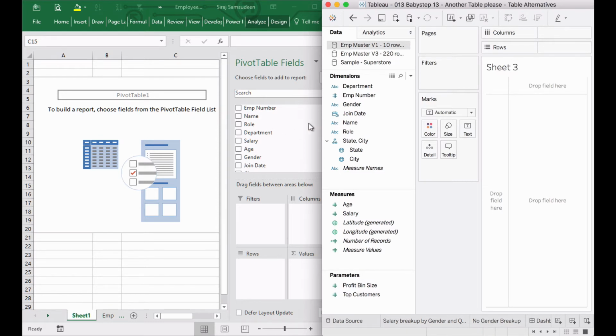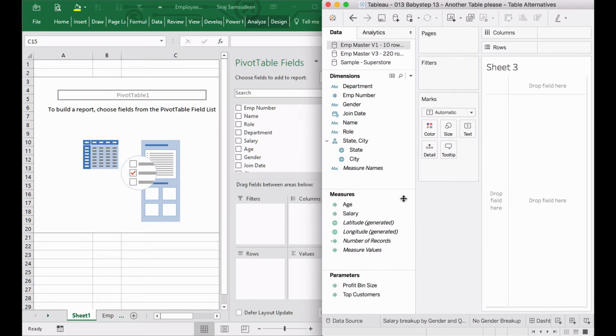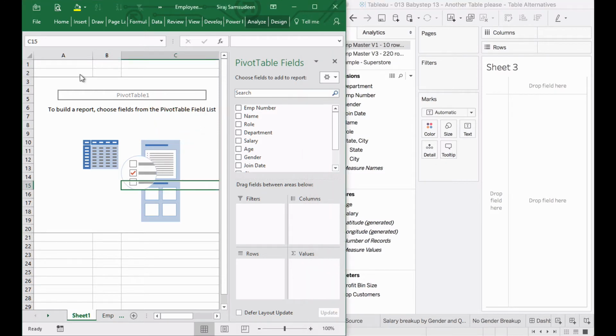As you can see, Excel by default lists all the fields in alphabetical order, no breakdown of anything, whereas Tableau breaks down numbers and text into two different compartments called dimensions and measures, which is convenient, which is a better thing than what Excel has done. So now if you look here, the pivot table is giving this: